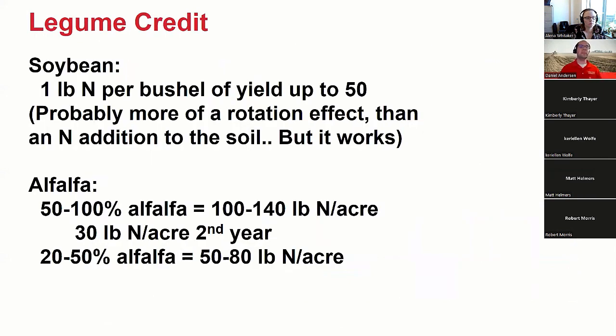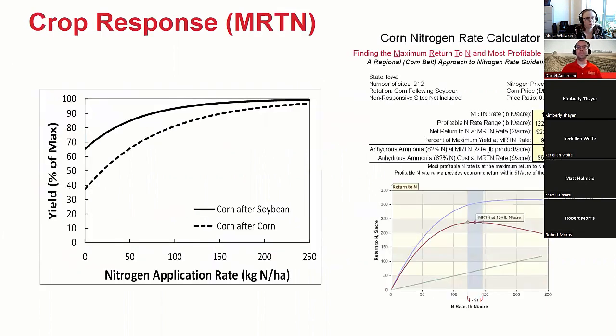You do have to take a legume credit. That works reasonably well. For soybeans, it's generally 50 pounds per acre. You get to take credit for 1 pound per bushel of soybean up to 50. On average, we have more than 50 bushel an acre of soybean yield in this state, so generally people are taking 50. And if you had alfalfa before, it's a little bit more complicated. You have to make an assessment of how good the alfalfa stand was, so what percentage of the field was really alfalfa and where we are in that rotation. So it is a little bit more rule of thumb, trying to come up with some best practices, but there are opportunities to do that.